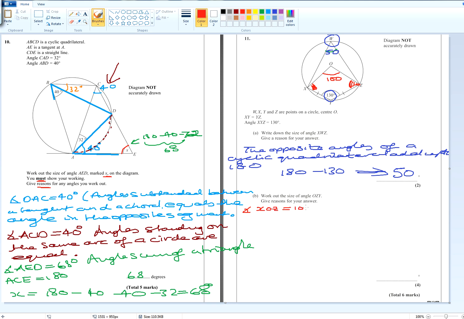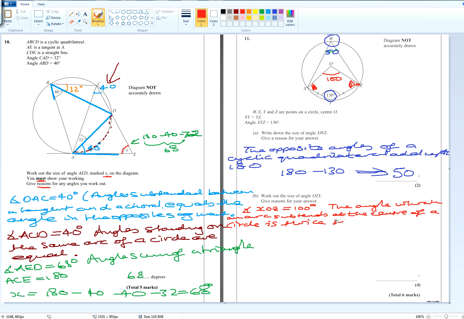XOZ is equal to 100 degrees because the angle which an arc subtends at the center of a circle is twice that